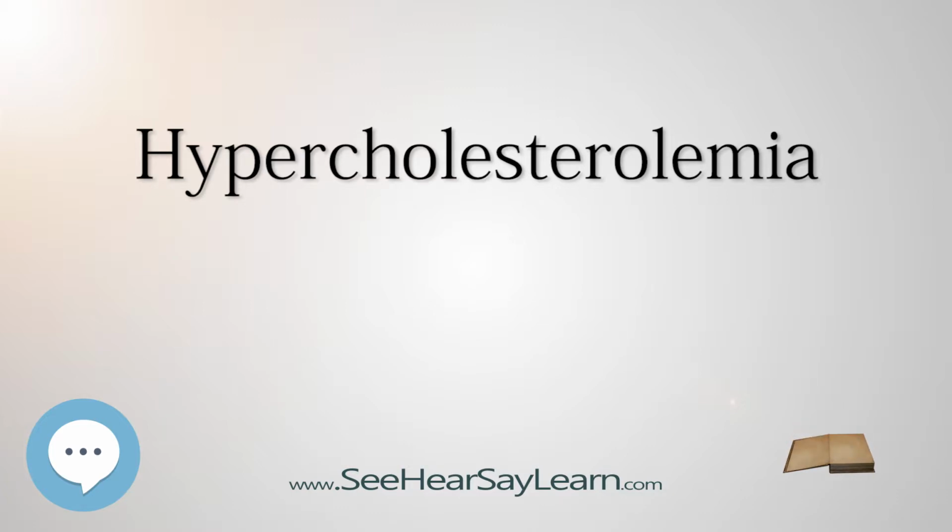Medications. Hypercholesterolemia may be a side effect of a number of medications, including blood pressure medication, anticonvulsants, immunosuppressives, human immunodeficiency virus therapy, and interferons. Diagnosis. Cholesterol is measured in milligrams per deciliter, mg/dl, of blood in the United States and some